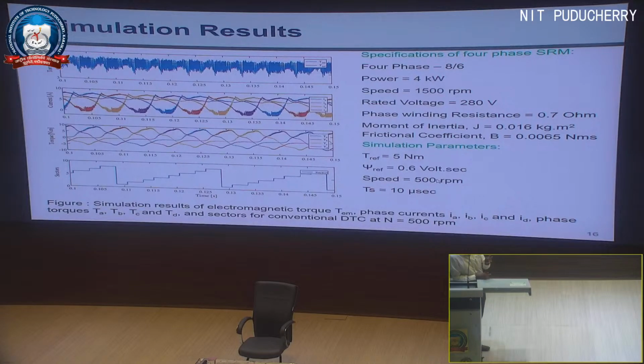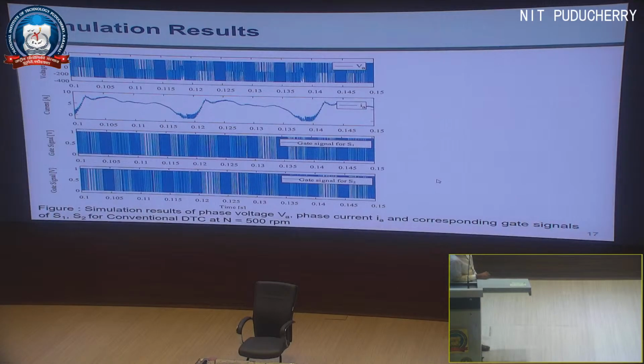So losses means again conduction losses, switching losses. So these contribute in improving the efficiency. The coming slides will show you that. And this is for one phase, because you may get confused when I show for 4 phases. So that is why we have tried to show for one phase, and the gating signal for that particular one